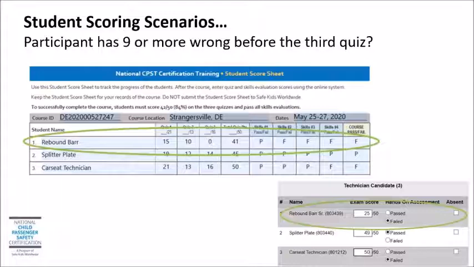So how do we accurately fill in the student score sheet? We will review several scenarios and how to handle documenting the student results. The first scenario is, what if a student misses 9 or more questions before the third quiz? As you know, the maximum number of questions you can miss for all 3 quizzes is 8, and there are